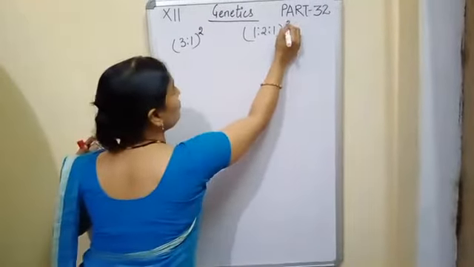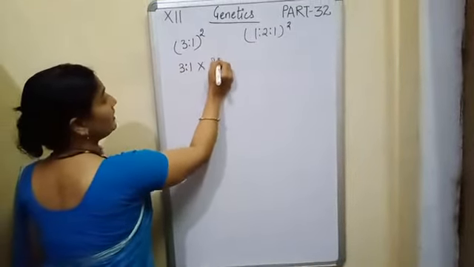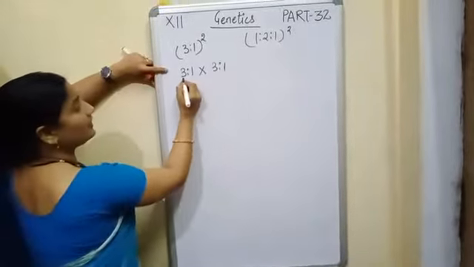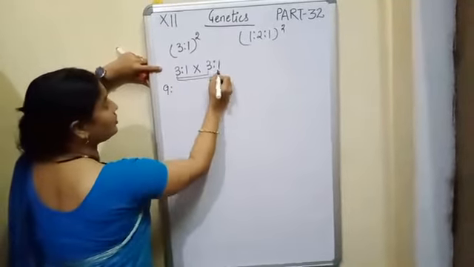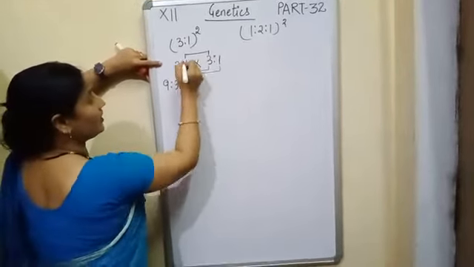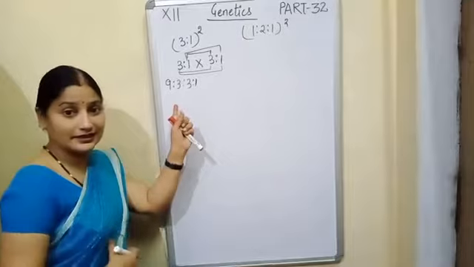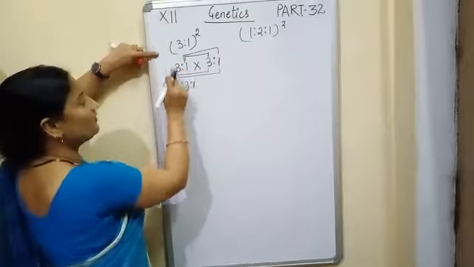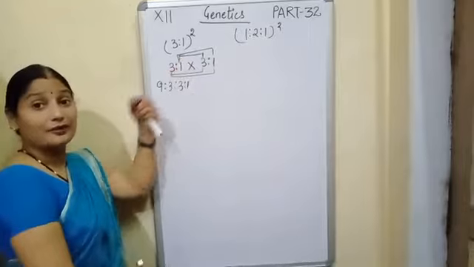You write down 2. Now what is the formula? 3:1 multiplied by 3:1 for dihybrid. Okay. Now just cross. 3 into 3, 9. 3 into 1, 3. 1 into 3, 3 and 1 into 1, 1. Is it easy? Yes, definitely. Just because of monohybrid formula, we can draw for the dihybrid. Now you cross it or you make it for trihybrid also.